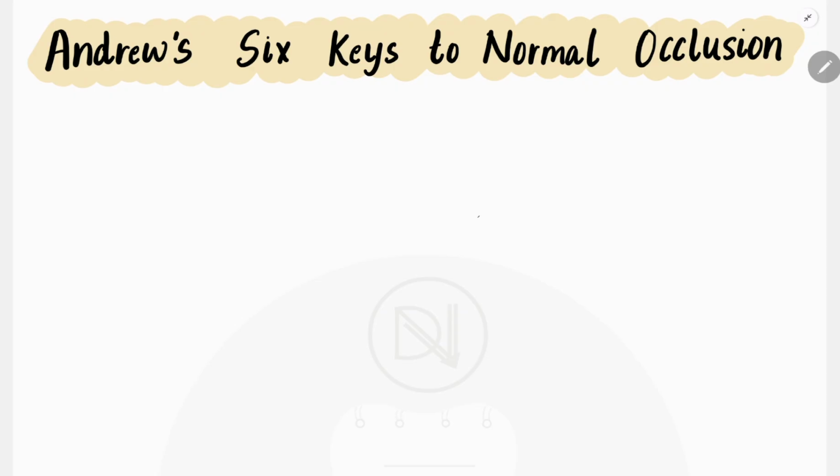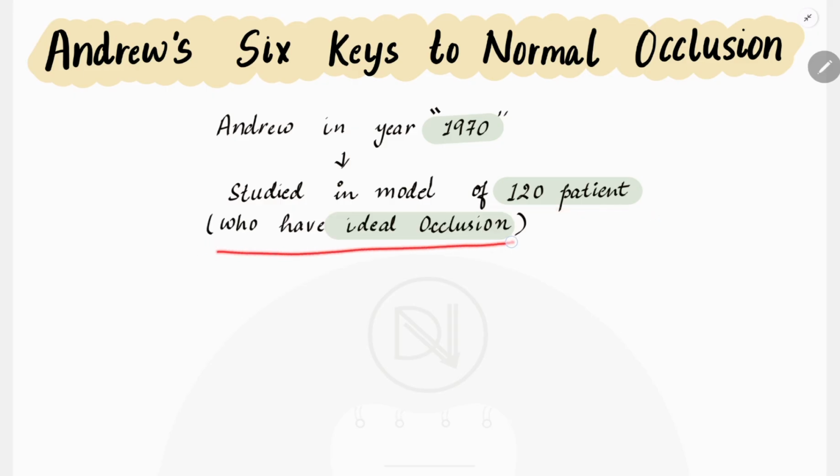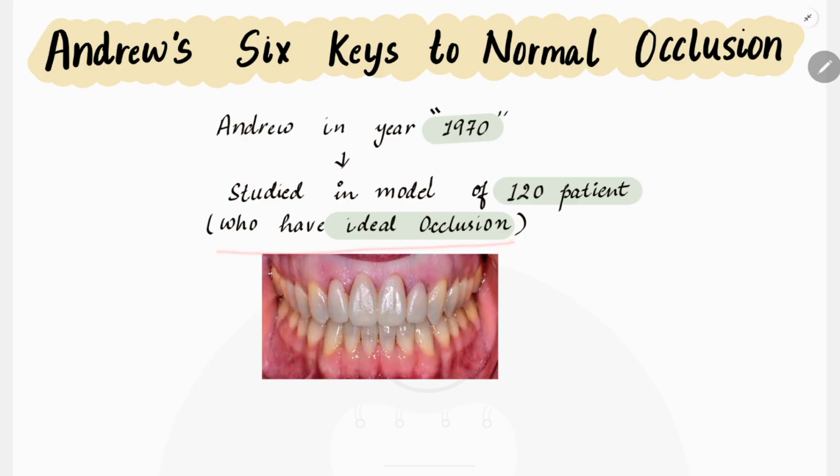So, Andrew in the year 1970 studied the models of 120 patients. And these 120 patients were not random patients. They were only those patients who had ideal occlusion. You can see? So only those patients who had an ideal occlusion, Andrew studied the models of such patients and